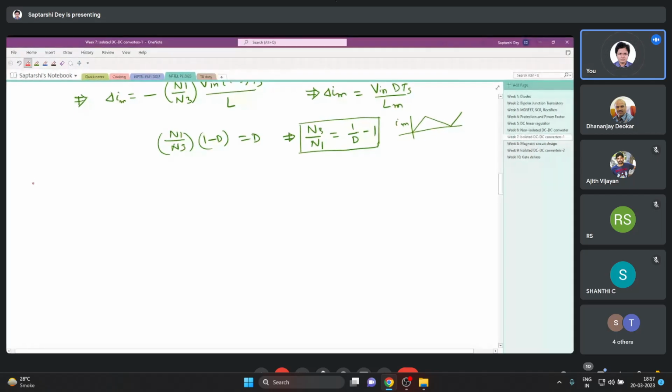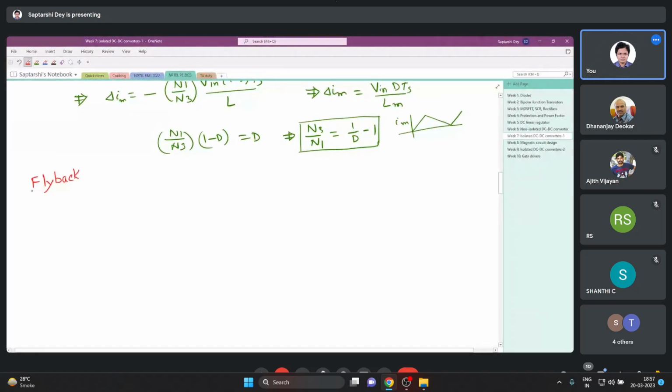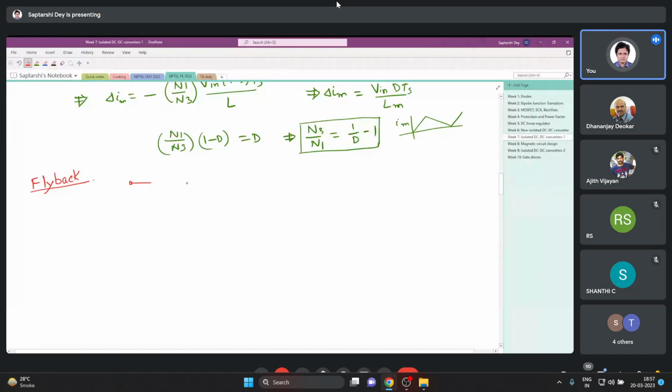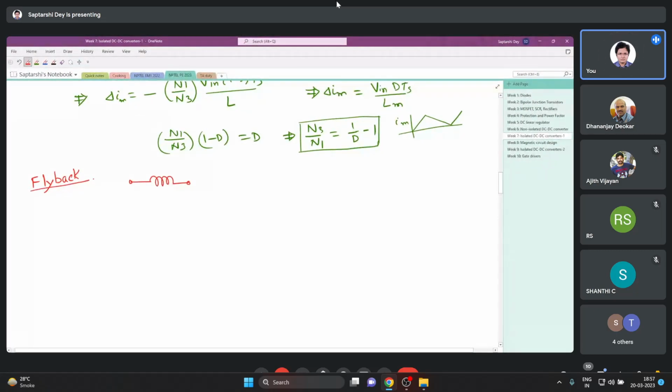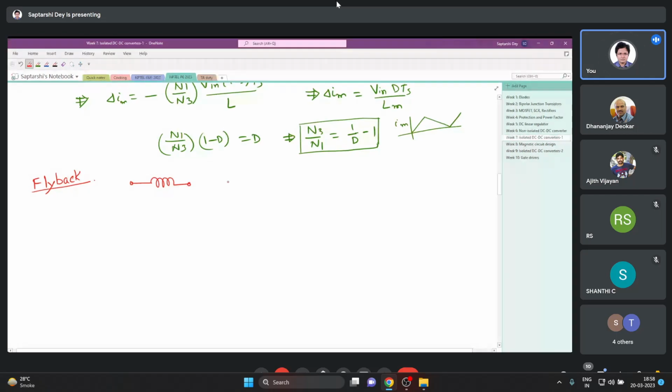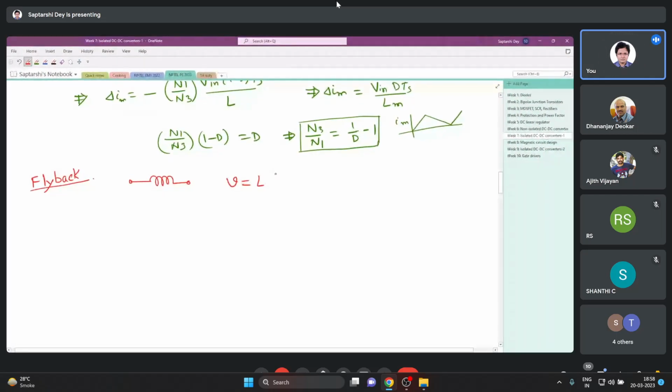So, okay, now we will shift our discussion to flyback. Before going into flyback, we will say some general things. These things actually help me to understand the operation of the flyback converter. Say this is an inductor. What we always say is that we cannot change the current through an inductor very fast, and